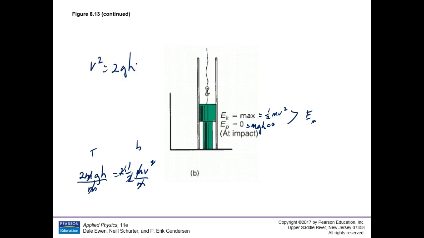And how do you undo a square? Take a square root. So your velocity at the bottom is the square root of 2gh. That's the formula they have there. That's the bottom of page 219, and we're ready to do the example at the top of page 219,